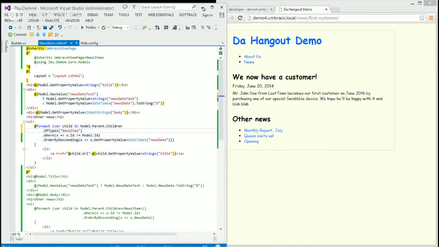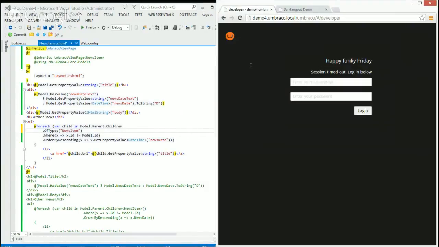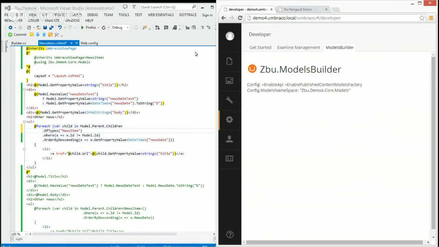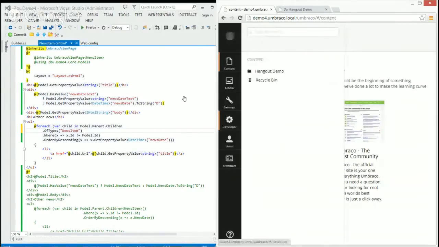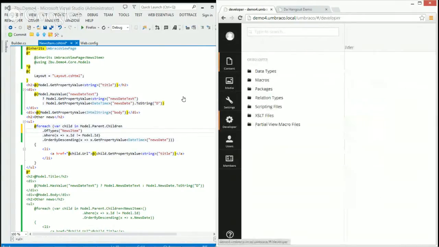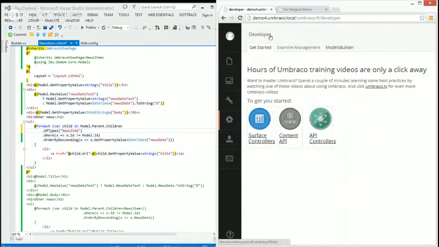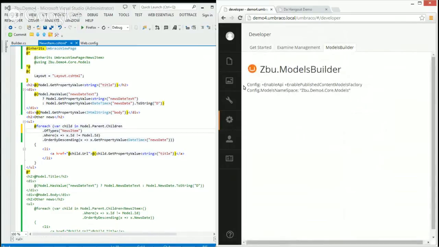Okay, so we're going to log into the backend. Let's say you go to the developer section, and you see that there is a new dashboard in the developer section, which is Models Builder. By default, it does nothing.